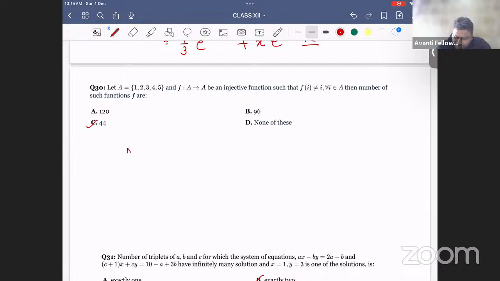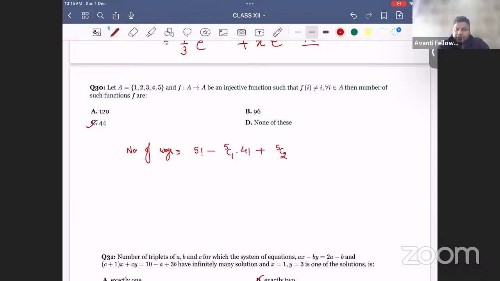So the number of ways will be what? Total ways 5 factorial, minus the number of ways where exactly one element is having its image as itself. So you select that element, 5C1. Now say 1 is selected, 1 is having image as 1. So the rest 4 are having images in 4 factorial. Then